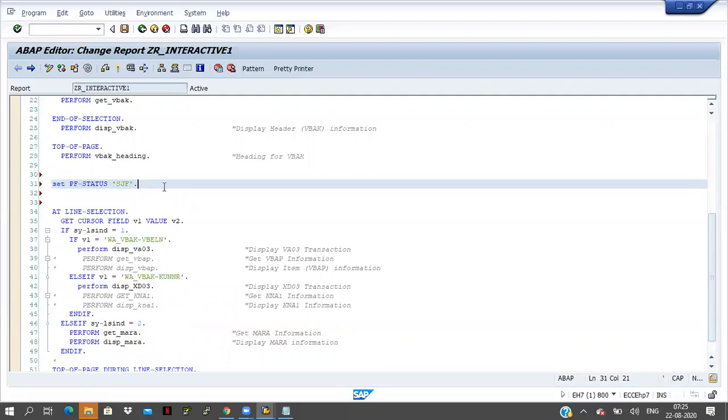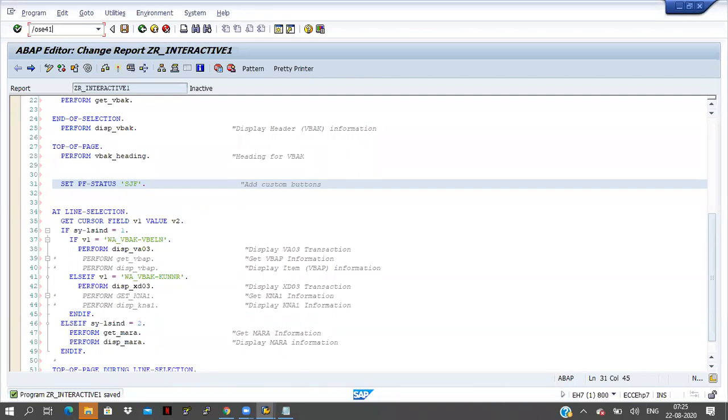What is the use of this one? I want to add custom buttons. Add a custom button by using the set PF status. Now if you want to add any button for the program, then the transaction code is SE41. SE41 is the transaction code to create the menu buttons, the menu painter.